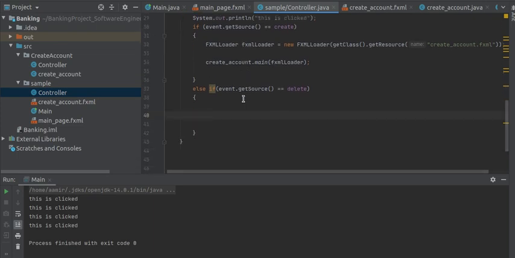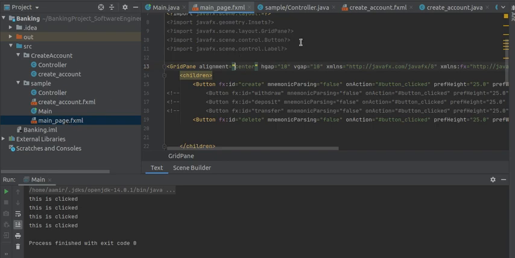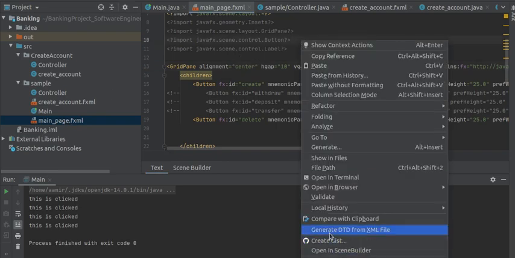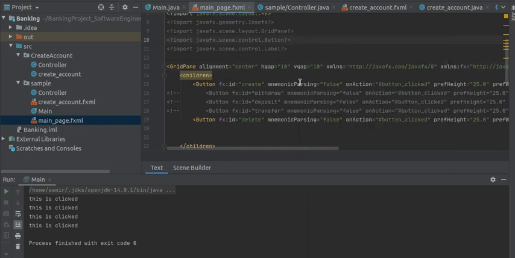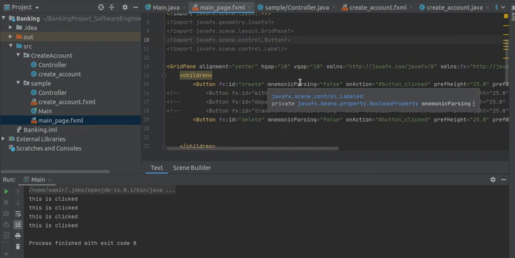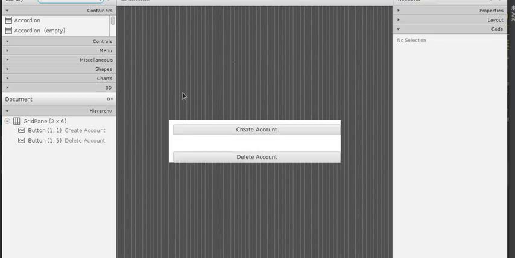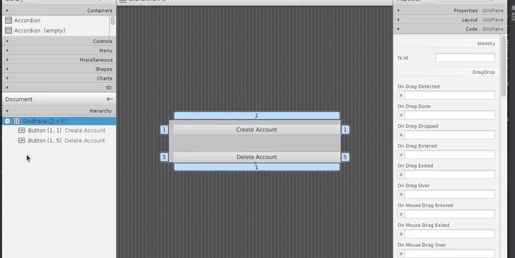If you don't know how to handle this, just learn it there. Now the point to keep in mind is that my first window is the main page. Just check this in Scene Builder. This is my first window. Now this is the parent, and these are the children of this parent.